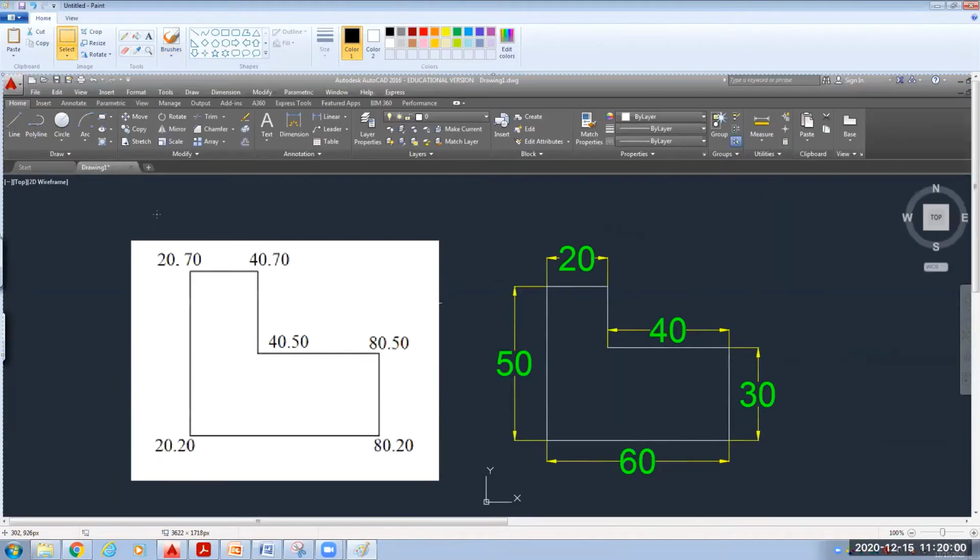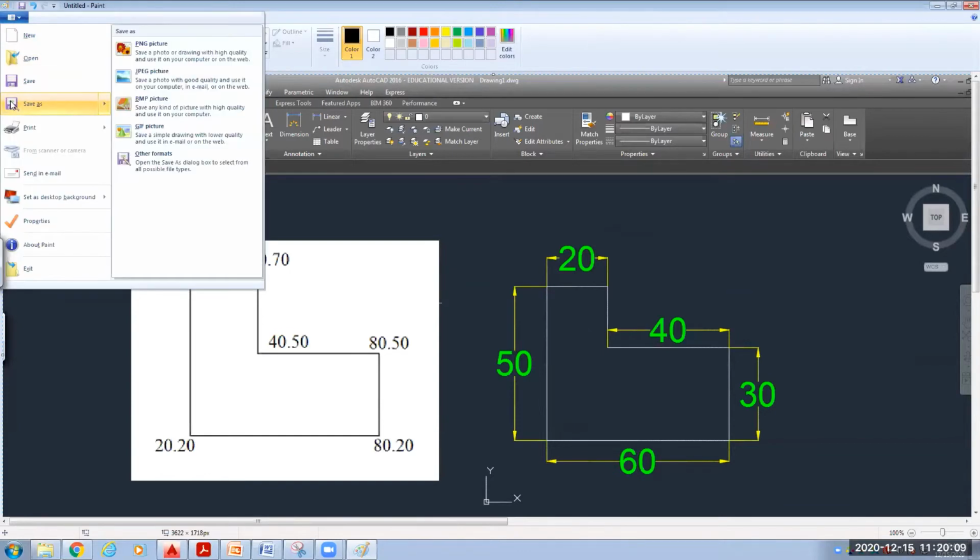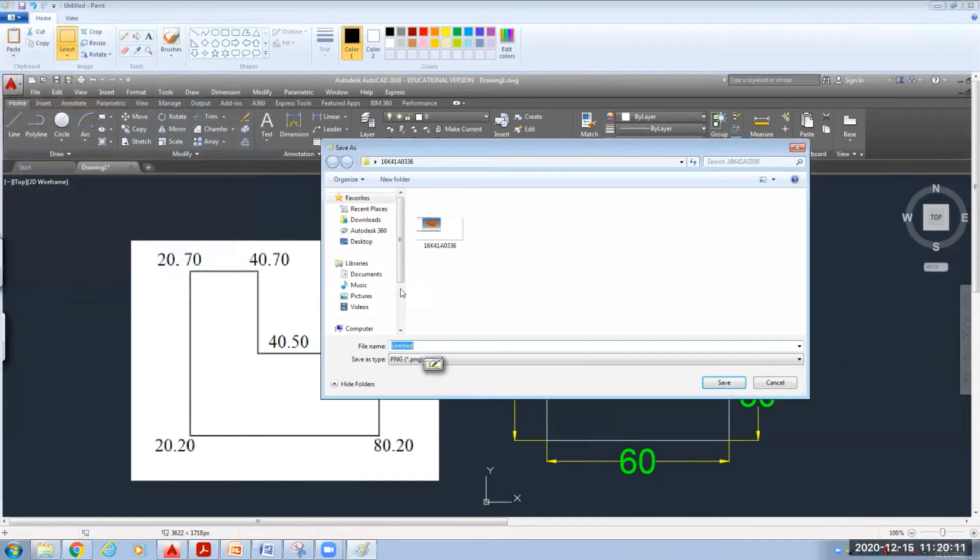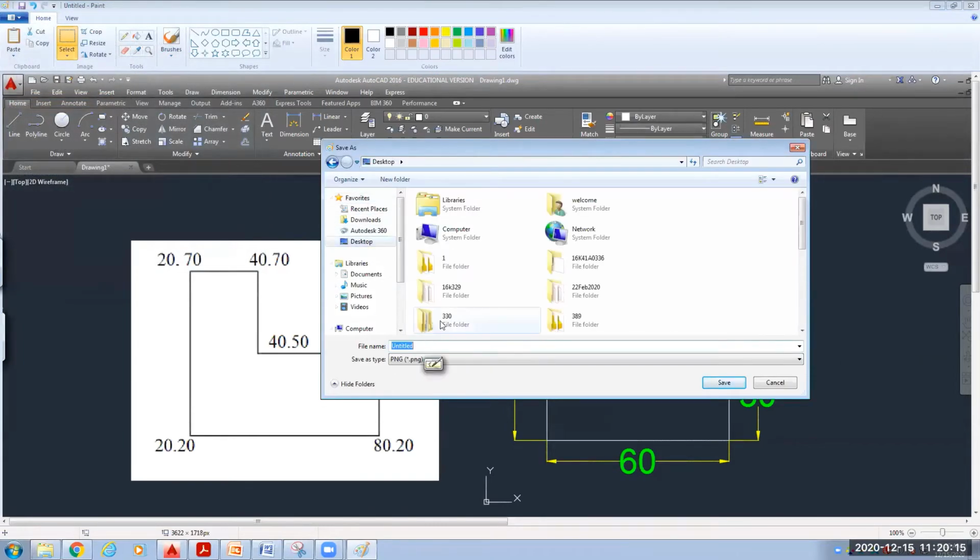So you will get this figure. This is one simple way. Take the print screen and paste it in your Paint software. Then click on Save As and you can save your file somewhere. Suppose I am saving it on desktop and this is my first exercise. So I will write exercise 1 and save it.